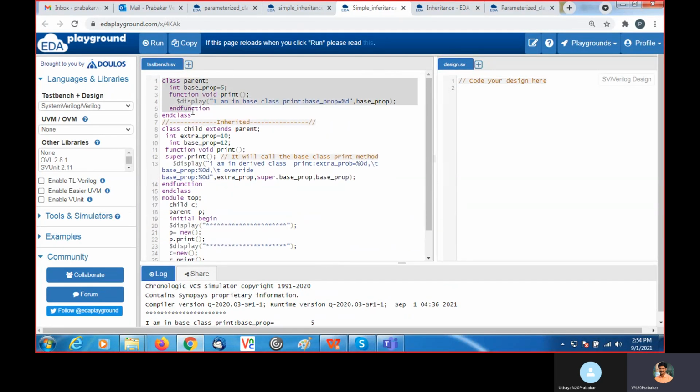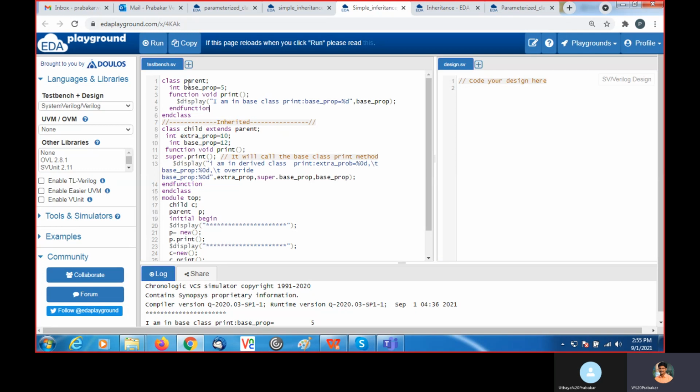Here class parent is a base class. It consists of the base property, int base_property equal to 5. Then function void print, where we display "I am in base class print" and the base property, which will display as 5. Now I am doing the inheritance.